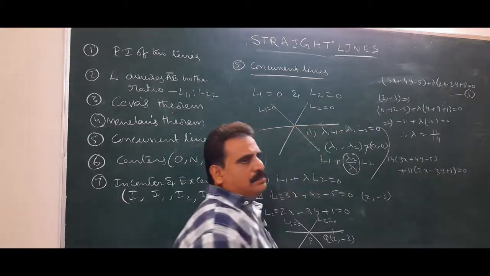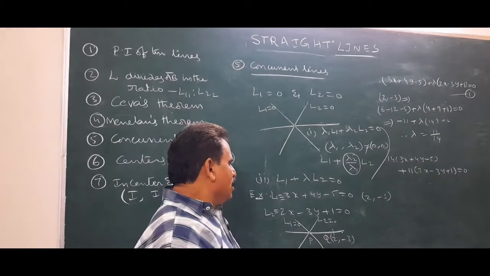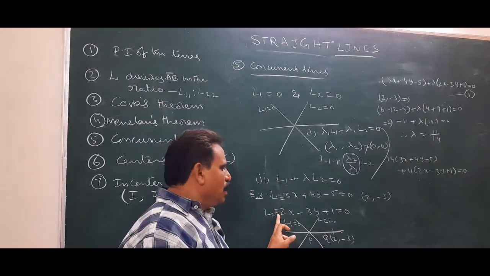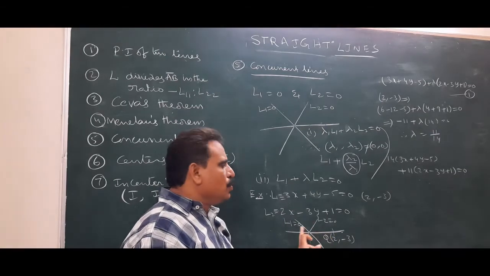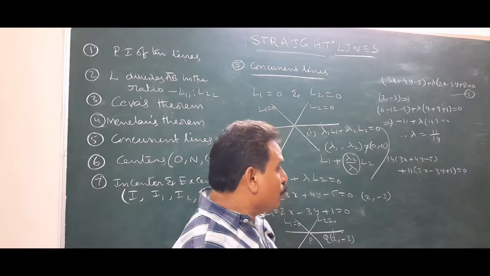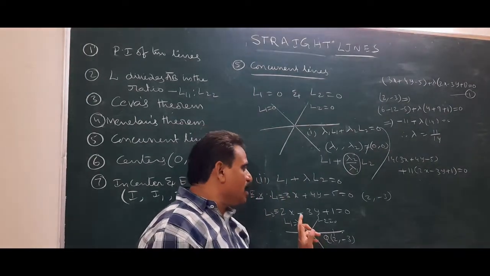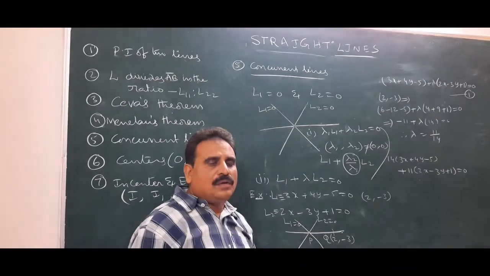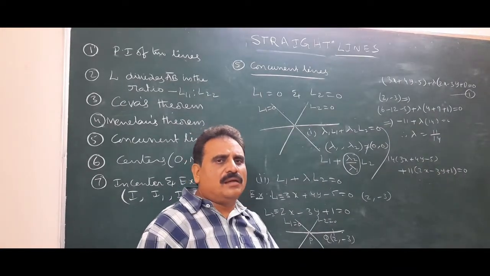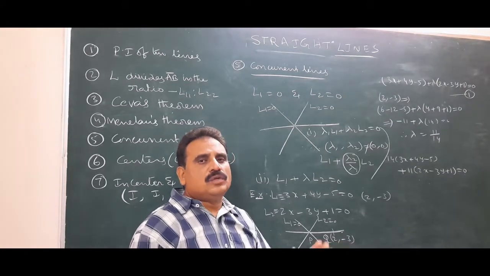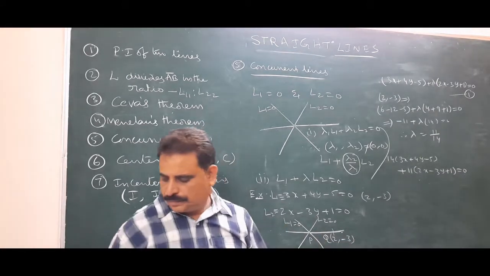That is one method. There is another method: find the point of intersection of L1 and L2, then using this point and the given point with the two-point form, we get the line equation. You have to learn both methods. Sometimes this method is easy, sometimes that method is easy. If you get the point of intersection easily by observing the lines, it is better to go that way, depending on the situation of the problem.